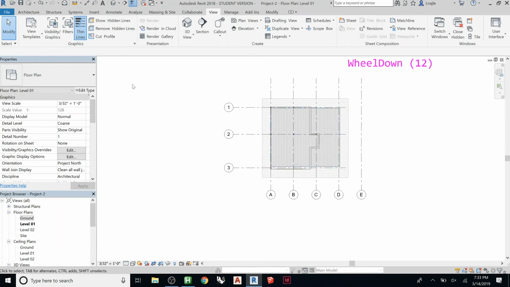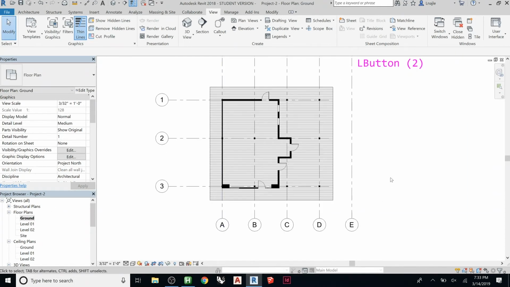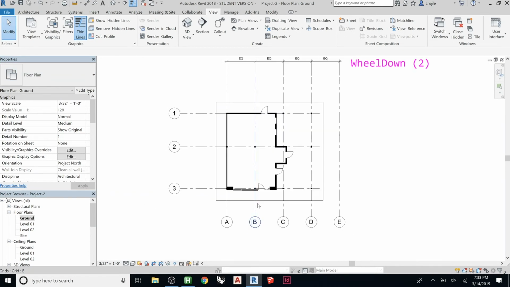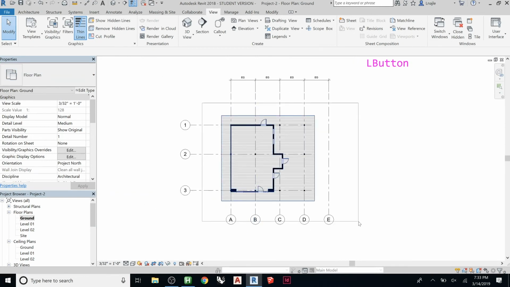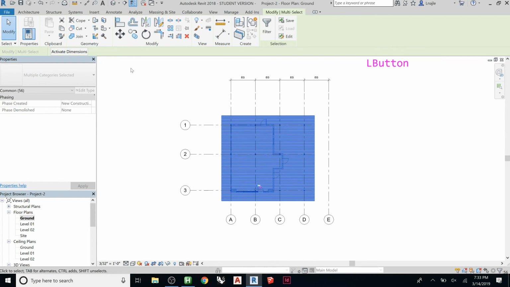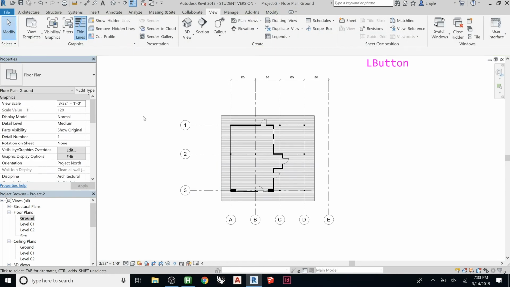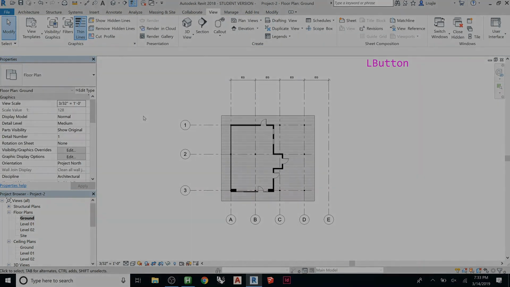We could also go to the one that we already did. So this is what I recommend. You want to set up a view template to take care of all these settings rather than going to every single view and repeating stuff. If you ever find